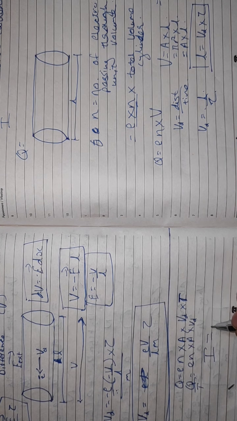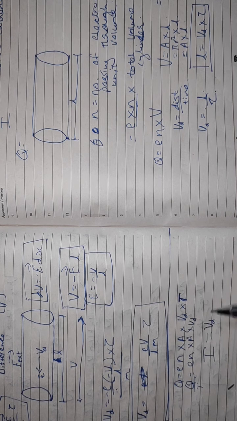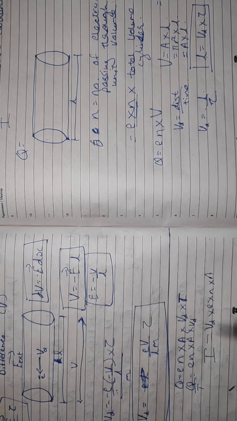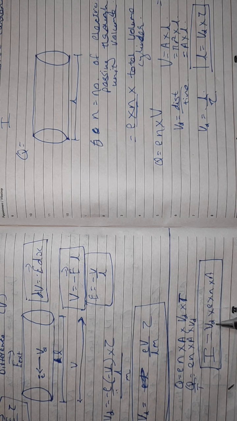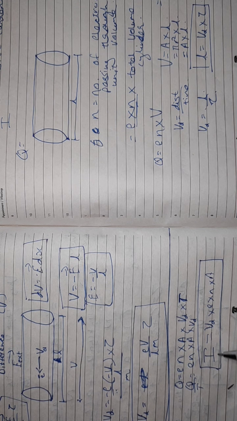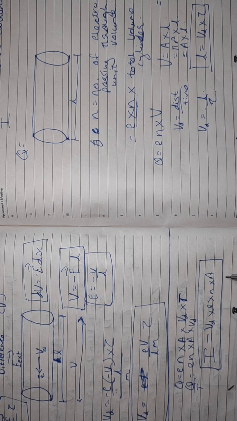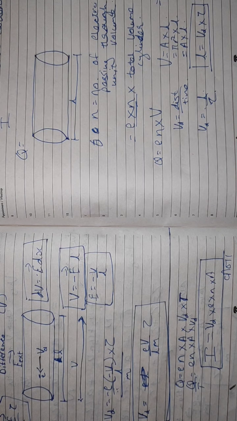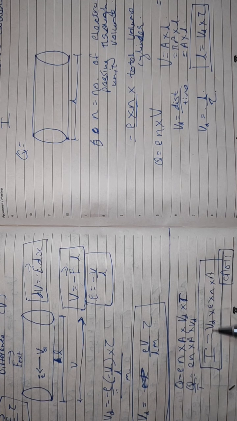So I will be equal to, I am just changing the order of these terms, V into E into N into A. This is electric current in terms of drift velocity. A simple method to remember this: V-E-N-A. If I write it in Hindi, it will be Vena. Just to remember, you can remember this word to remember this formula. I hope this much portion is very clear to you.